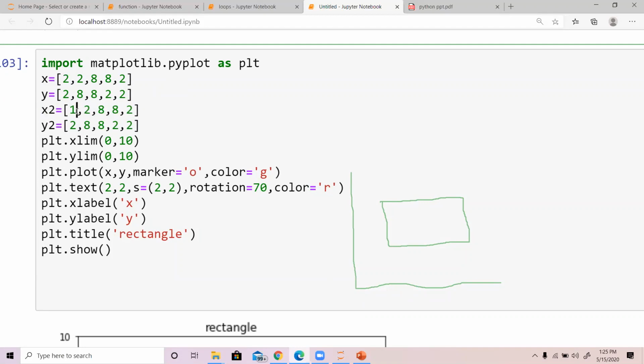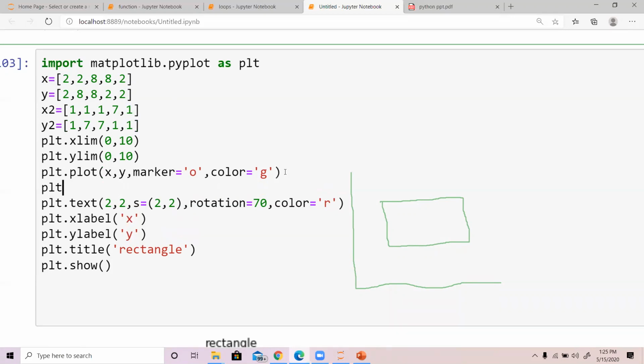Let's decrease the coordinates: 1, 1, 1, 1, 7, 1, 7, 7, 1, 1, 1. Okay, and here I do plt dot plot